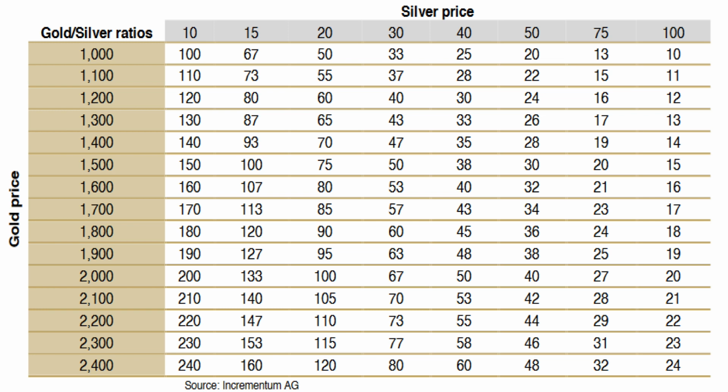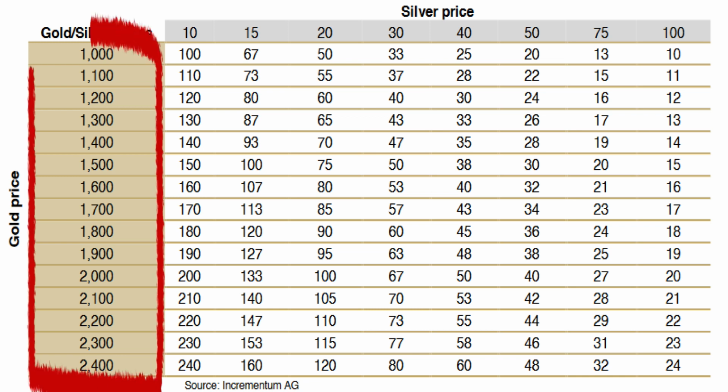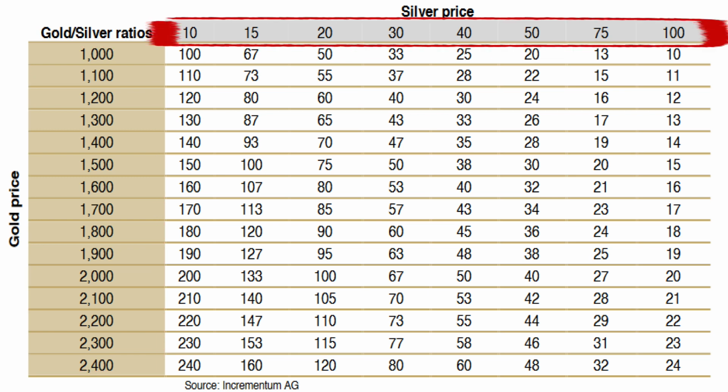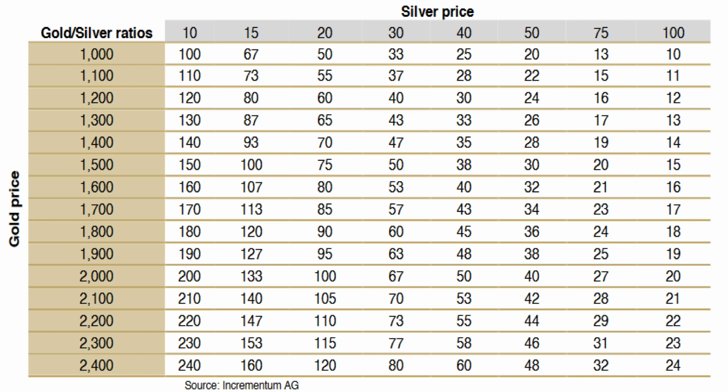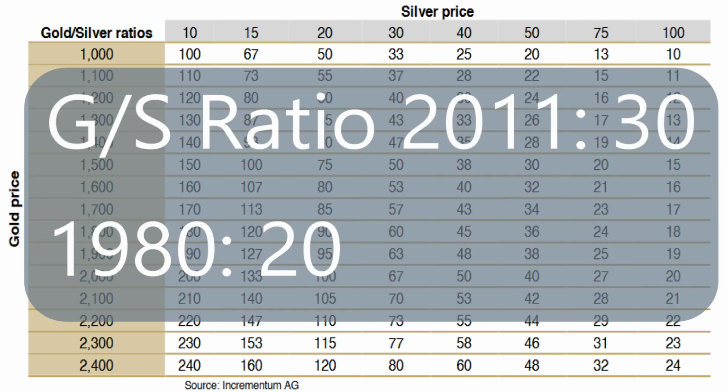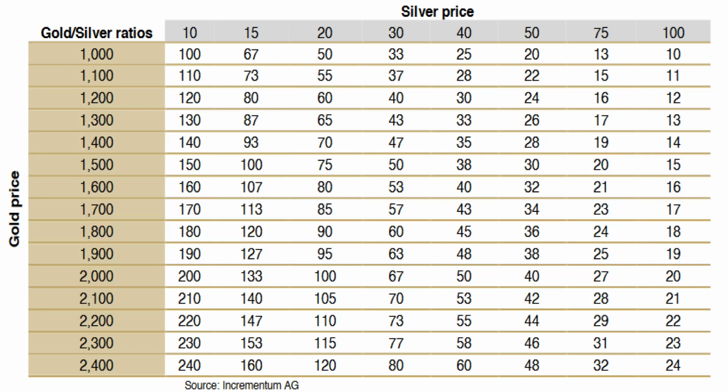This great table from Mark and Ron shows the gold price along this column and the silver price along the top row. Previous highs have seen the gold-silver ratio hit 30 in 2011 and 20 in 1980. Thus, our current gold price at just over $1,700 would correspond to a silver price of $56 and $85 at those different gold-silver ratios of 30 and 20. Interesting stuff. So how long will this take to occur? Well, silver's future in the medium to longer term looks very promising indeed.